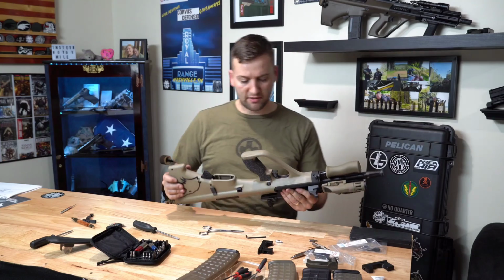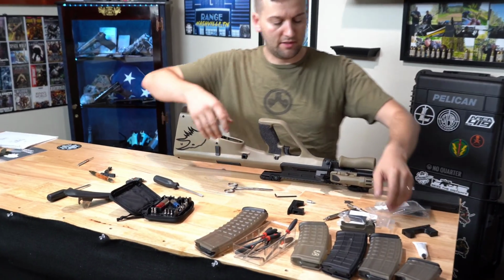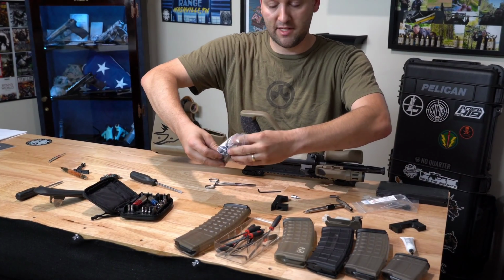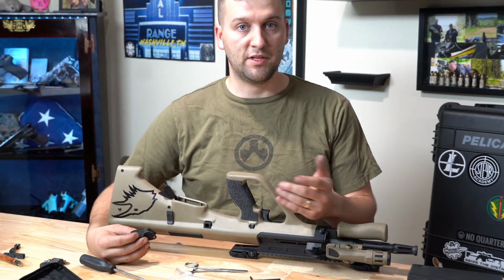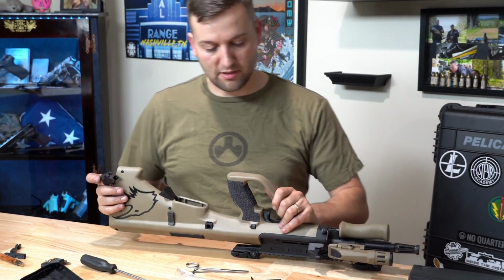Their magazine release has some differences between ours and theirs. Obviously the magazine release for the AUG is going to have very similar function. It has to press into the stock to release, and to make improvements you need to introduce some over travel components and increasing the size of the shoe on the mag release. So if we can get a zoom in here,